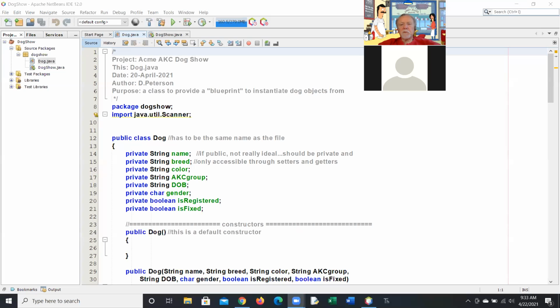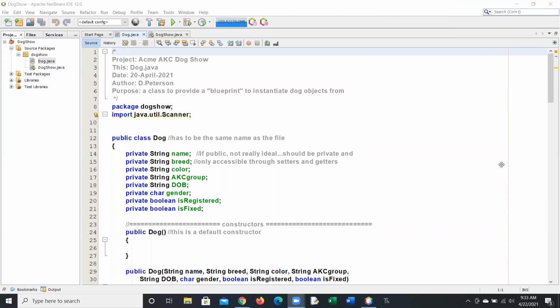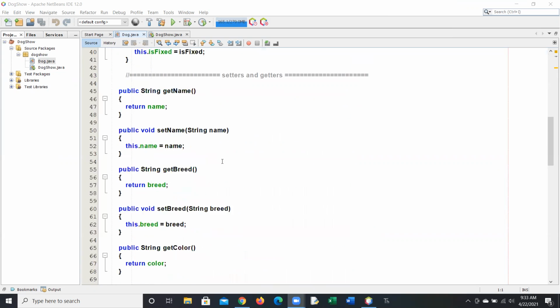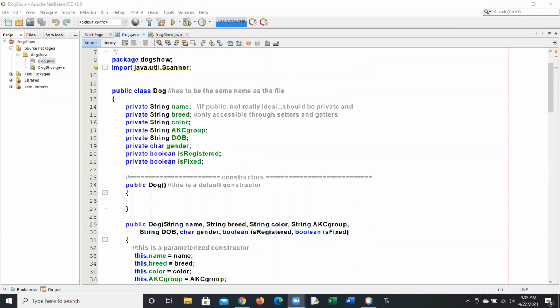So I'm going to share my screen and go back to where we were the other day. Okay, there we go. And if you remember, here's my dog with all my setters and getters. Again, terminology, guys. You need to know what these are: constructors, setters and getters, instantiate, to create an instance